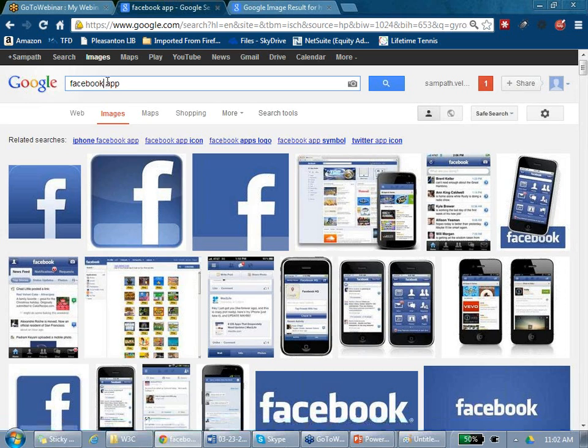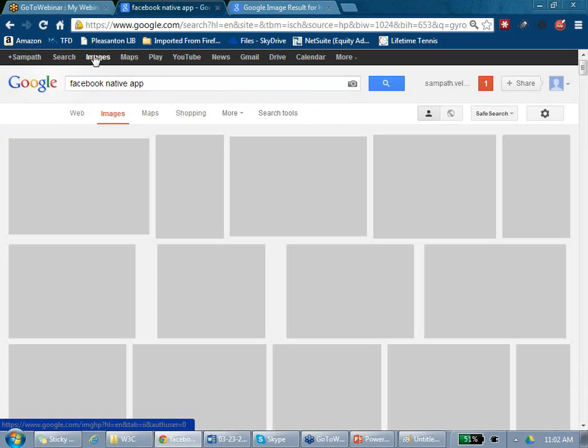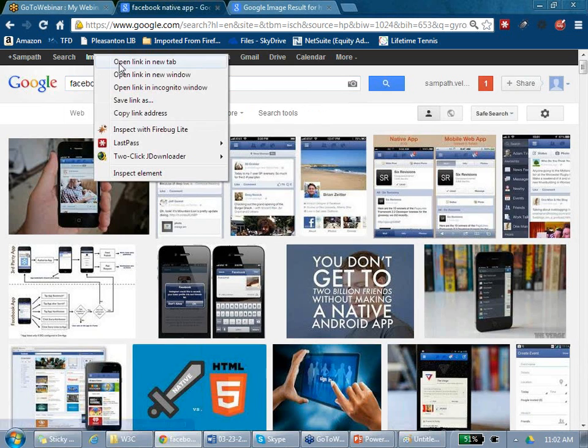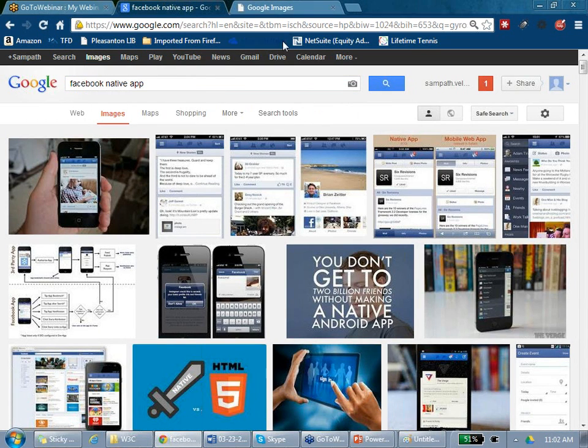So native app, let's say native app. This is native app. And Facebook web app.